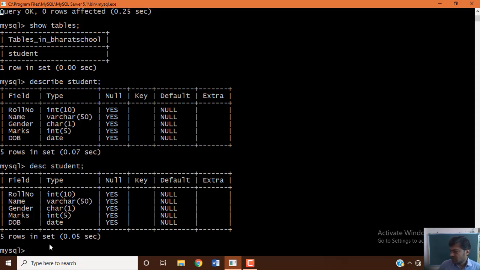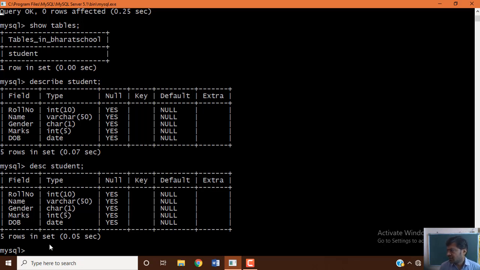Now we can proceed with insertion of data. We now know how to create a database, how to create a table, how to select a database, how to view the databases in the MySQL server, how to view the tables in a database, and how to see the description or structure of a table.